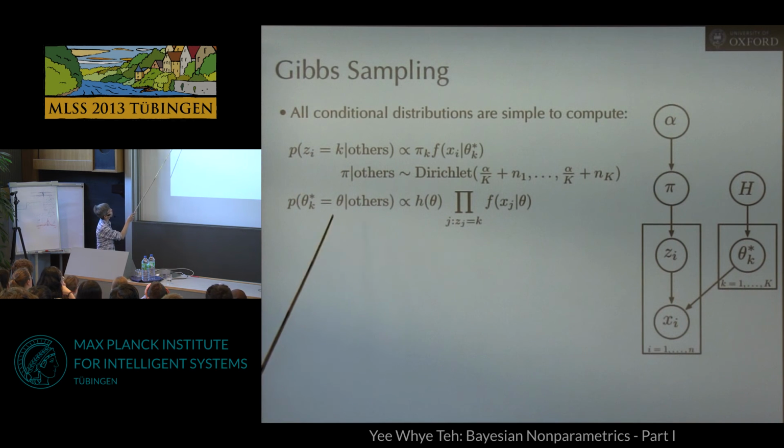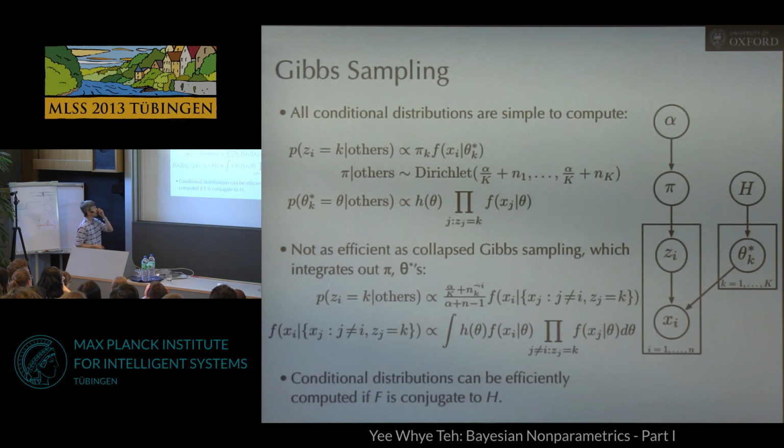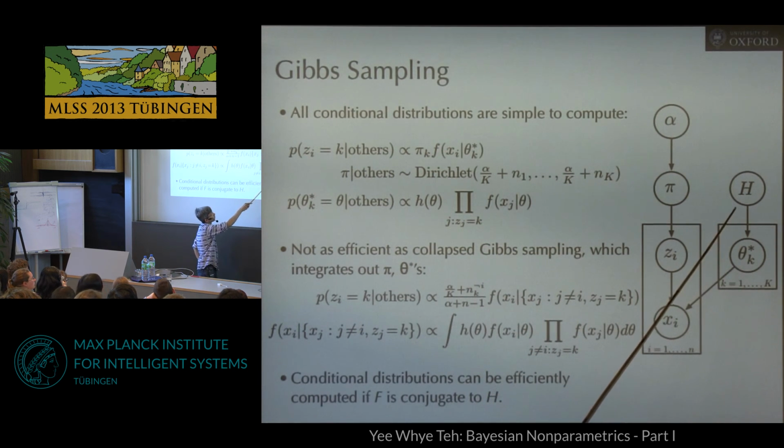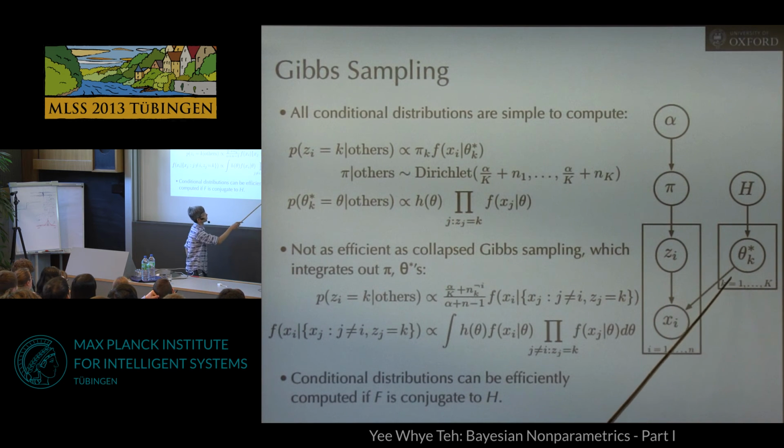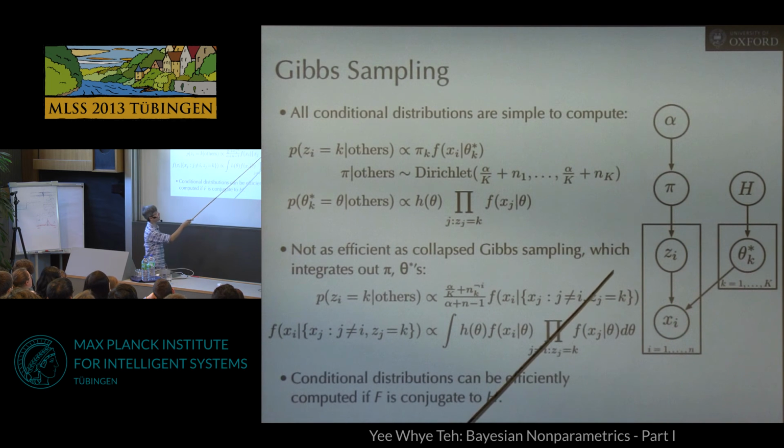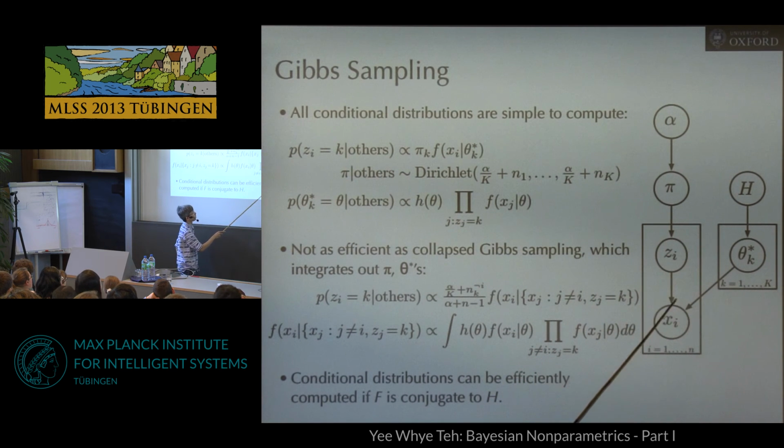Okay. Turns out that this Gibbs sampling approach is not as efficient as another approach. There's also an MCMC sampling algorithm called collapsed Gibbs sampling. In collapsed Gibbs sampling, the idea is that we're first going to marginalize out the parameters of our model, which, if we assume that our prior over our cluster parameters is conjugate to the likelihood, turns out to be tractable. You could actually calculate that. Okay, so you could first marginalize out the parameters of our model,